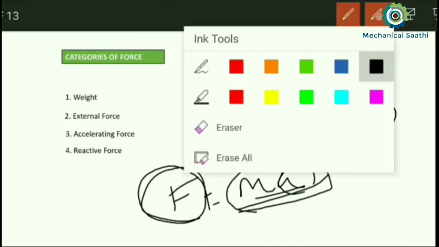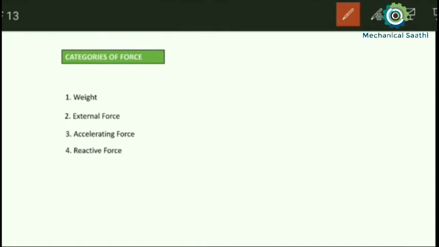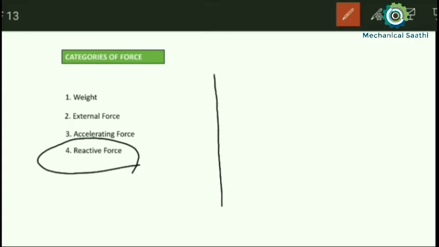Okay, so there may be any accelerating force also, and we have discussed the reactive force. If there is any support, then at that support we will get the reaction force. Let us try to give another example here. This is the fixed support. In the previous example we considered a horizontal support, but here I am considering a